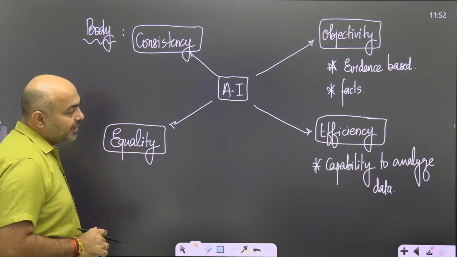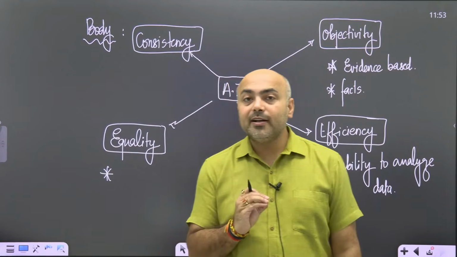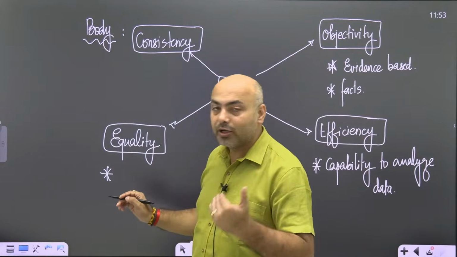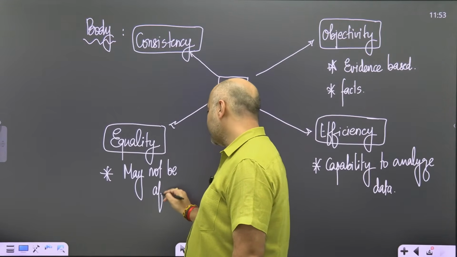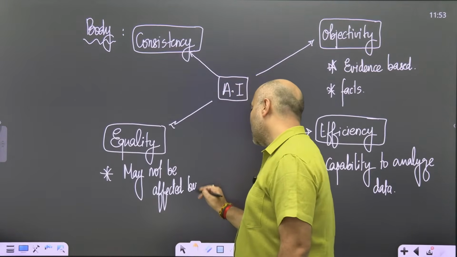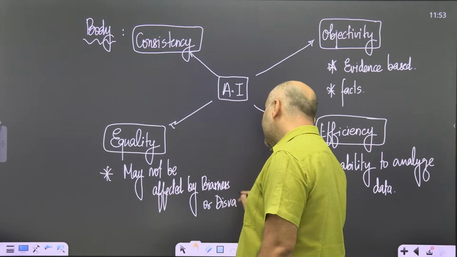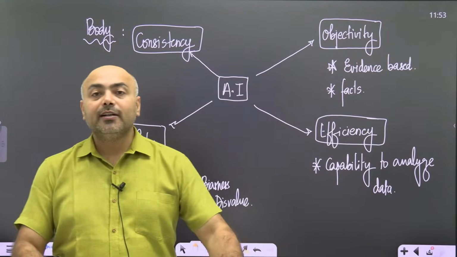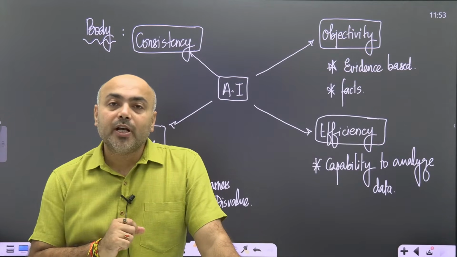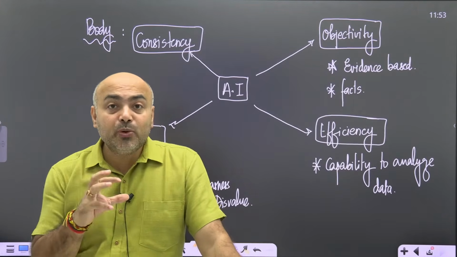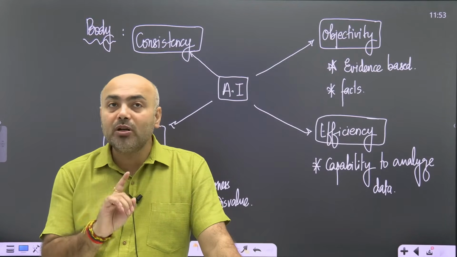Then comes equality. Why? Because artificial intelligence is not necessarily, or you can say may not be affected by biasness or disvalues. There is a possibility that when humans are taking decisions, humans are impacted by prejudices. They are impacted by some disvalues, stereotypes. These factors could very much influence the decision making done by humans,